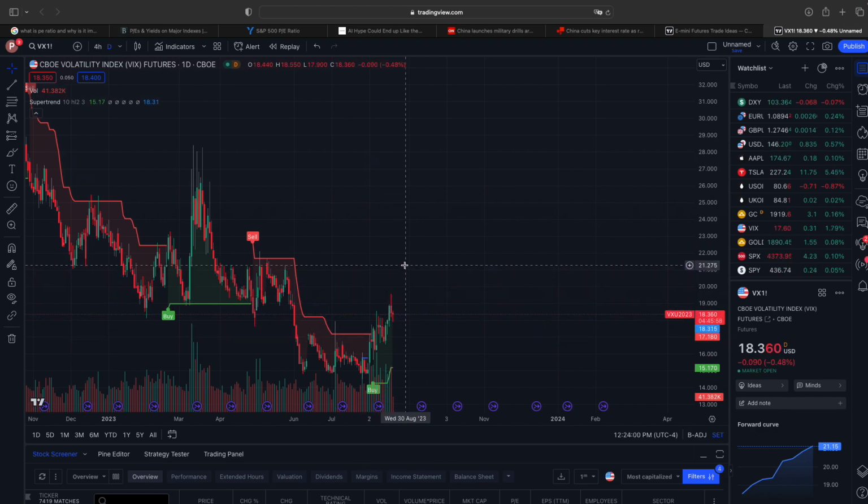If we can move higher into this 20 area, or up into the 25s and almost up to 30, we'll definitely have an aggressive sell-off. If it starts to fade and we come back down to 15 or 16, or to the lows, we'll have another bull run for a short period of time or an extended period of time, depending on what the VIX does. But definitely want to watch this.